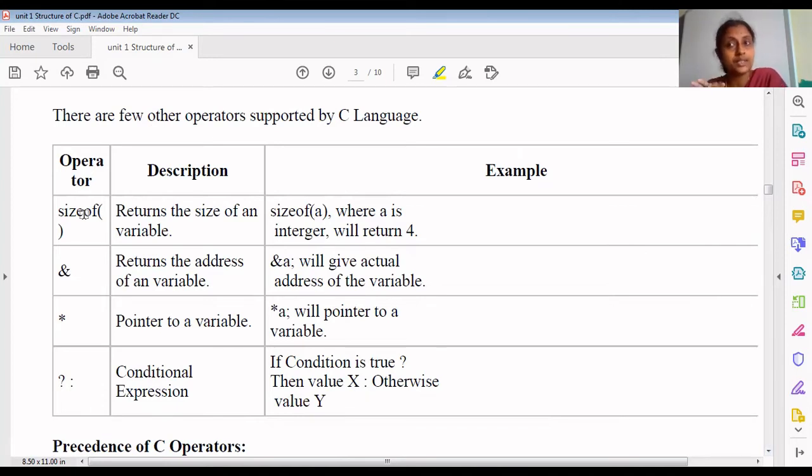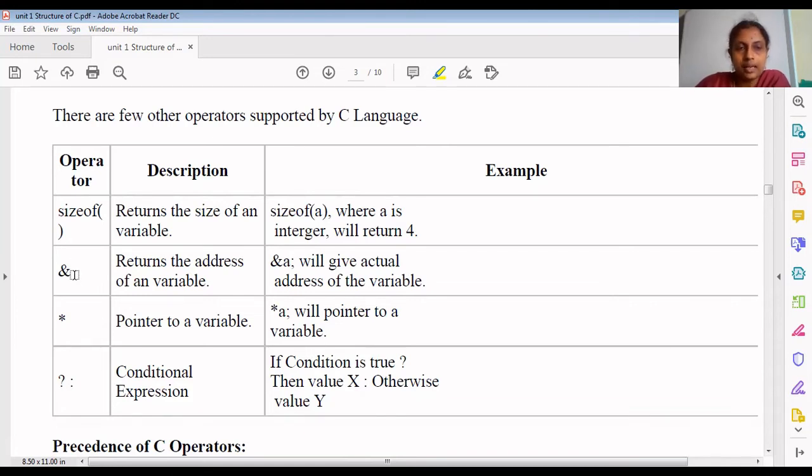And if I ask what is the size of your date of birth, 2 for date, 2 for month, 4 for year, so it is 8 in size. Like that, in computers, whatever value I store, what will be the size of that particular variable? If I want to return it, then I can go for this operator, sizeof. Once we come to the second and third chapters and use the sizeof operator, you will understand better.